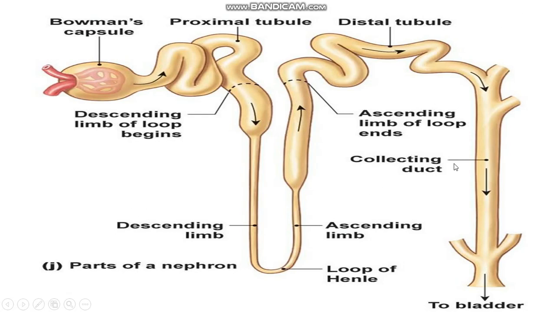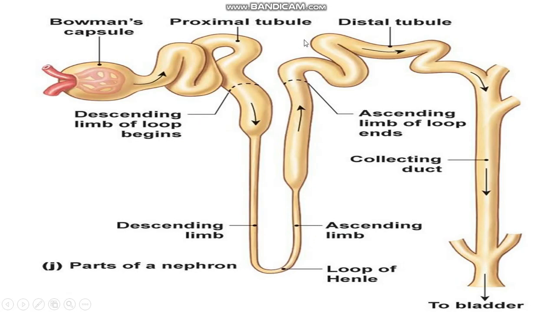So this is the picture of the total nephron. Here this is the renal corpuscle or Malpighian corpuscle. This is the Bowman's capsule, and within the Bowman's capsule a tuft of capillaries is there, which leads to the PCT, that is the proximal convoluted tubule. And after the PCT, there is a downward elongation of the tubule, that is known as the descending limb of the loop.